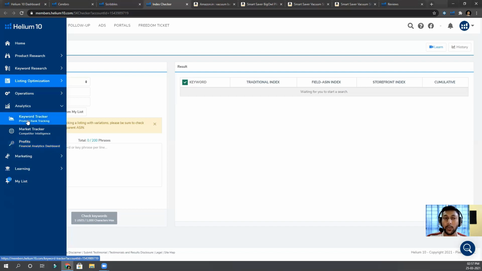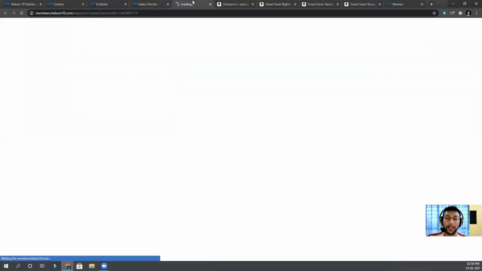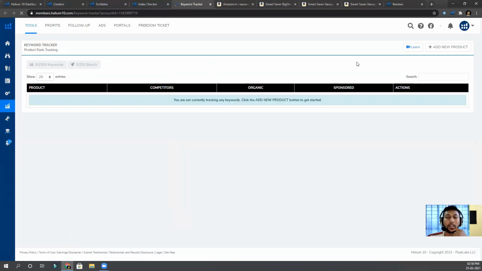As well as this is the keyword tracker, okay, now this is really important. So what this keyword tracker does is when you put a competitor here and set it for tracking, okay, I'll show you a clip. Set it for tracking. What this does is it will actually go back in time, like a time machine, and it will show you how much sale it was getting last month, actual sales, like in numbers, 30 sales, 40 sales, not a graph of sales rank, okay. It will show you if there is a fluctuation, like if there is a dip in sales, you can go and check in Cerebro why that happened. Okay, and it will show you the keywords as well. You can enter the keywords as well.